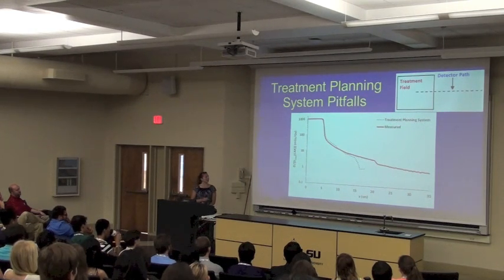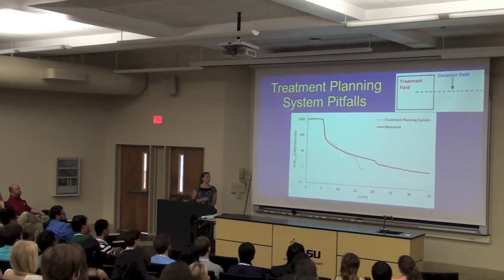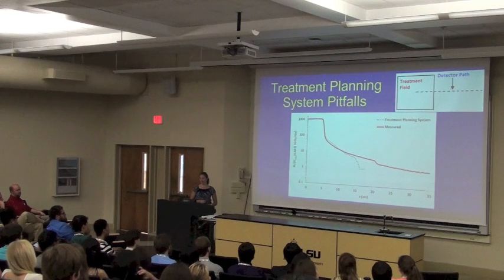But this blue dotted line is representing what the treatment planning system calculates. So right now it's doing a really good job of calculating inside of the treatment field. It finds the field edge, but then you can see a little bit outside of the treatment field, it drops off. And the reason the line stops here is because after that point, it actually reports 0 dose deposition. But you can see our measurements show that there is still a lot of dose being deposited outside of the